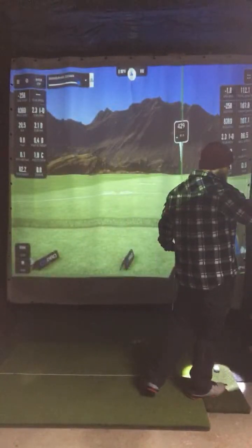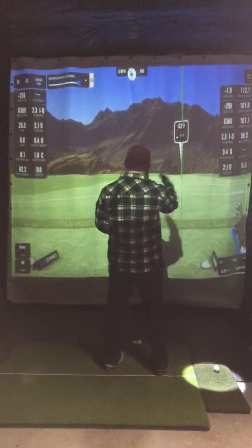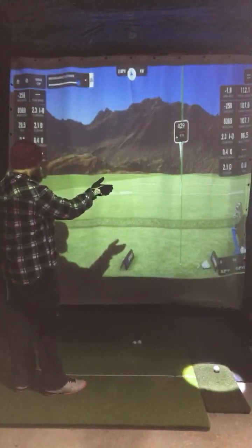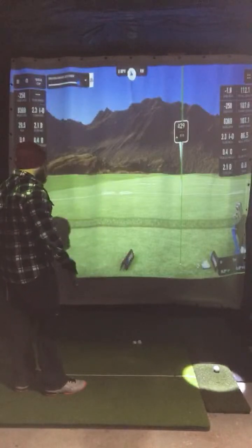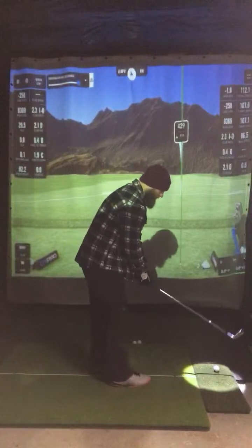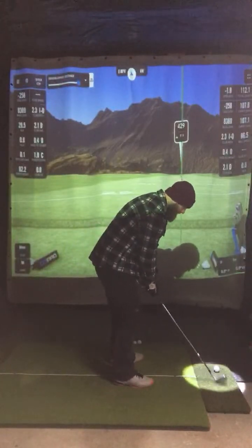But personally, I feel like unless you're good enough to be able to shape shots left and right into a tucked pin location, meaning you're hitting a baby fade into a tucked pin location or a baby draw, I don't think the blades or even cavity backs would probably suit you in terms of what you're giving away for